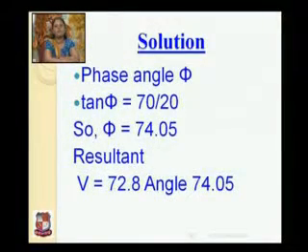Now we have to find the phase angle. Phase angle phi: tan phi is equal to imaginary part divided by real part. Imaginary part is 70, real part is 20. So tan phi is equal to 70 by 20. So your phi is equal to 74.05. So your resultant voltage in polar form is represented like this: V is equal to 72.8 and your angle is